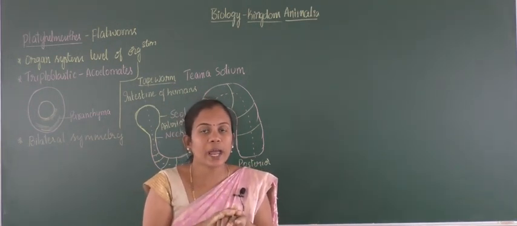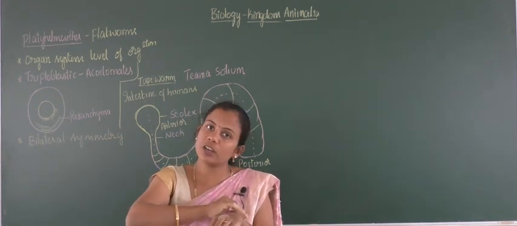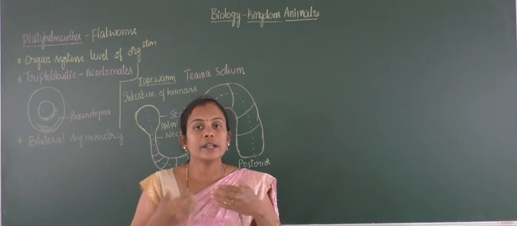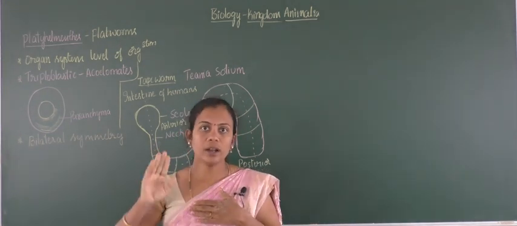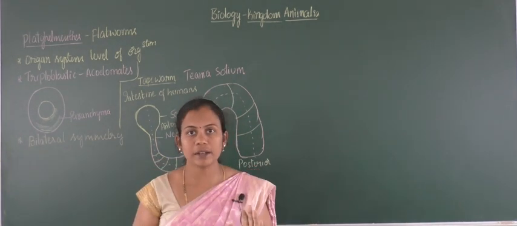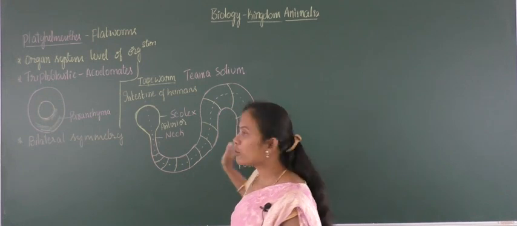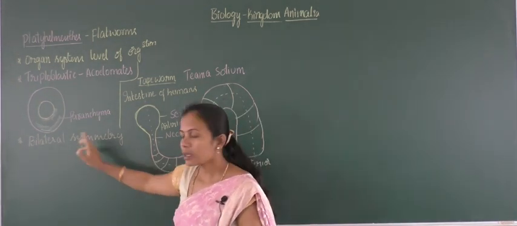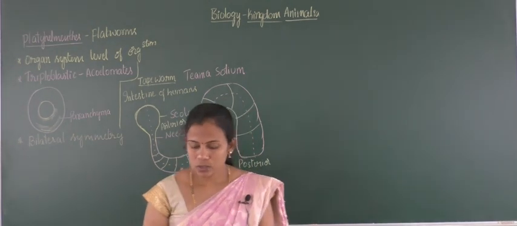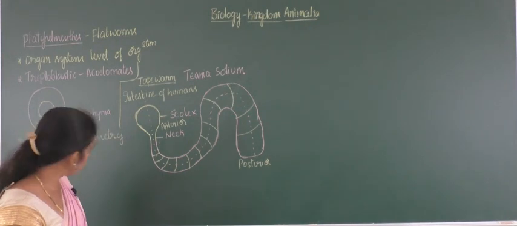When it comes to the rabbit, it is the anterior posterior axis, anterior to posterior region equal cut. For us it is the dorsal and ventral position that we will get this. So in the case of anterior to posterior, if you cut the animal, then you will get the bilateral symmetry. So this is about bilateral symmetry. We will move to the next property.